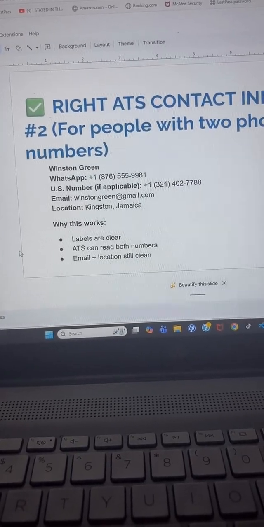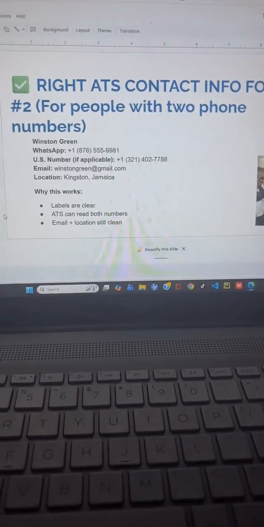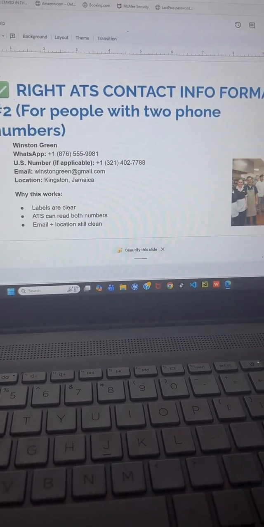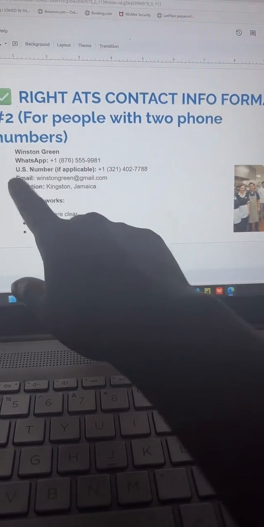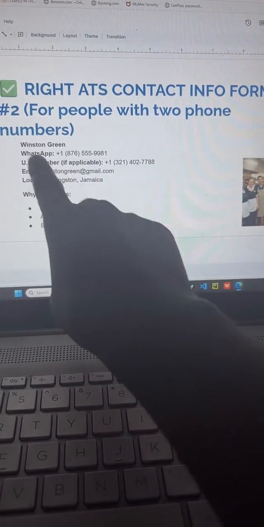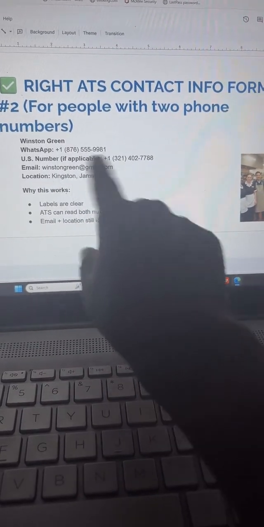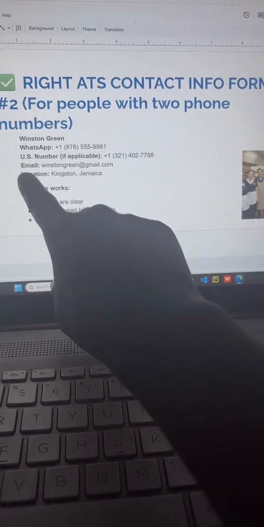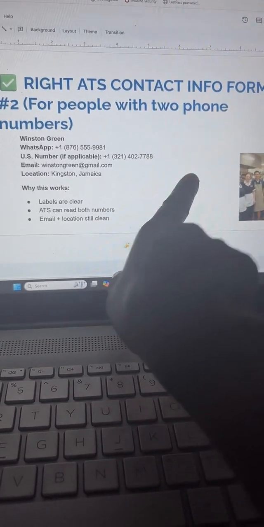For persons that are using not one phone number but two, you can label it like this: WhatsApp number, and then put your WhatsApp number, and then you will put your phone or mobile number.